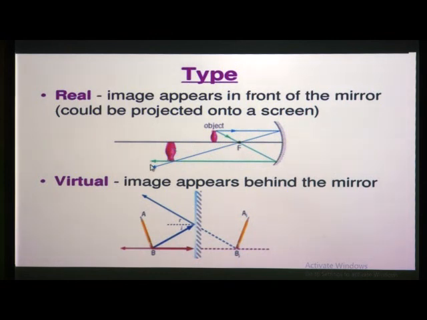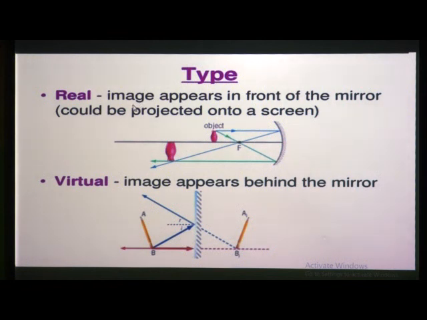Now, let us discuss one more time what is meant by real image and virtual image. Okay. Here some types are given. We will see this, and after this we will discuss whatever activities are given related to the convex mirror, and then our next point. Here you can see this is a real image.